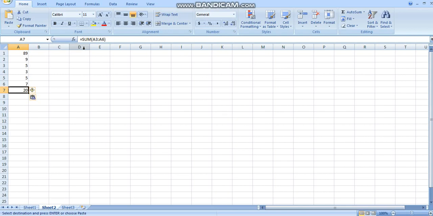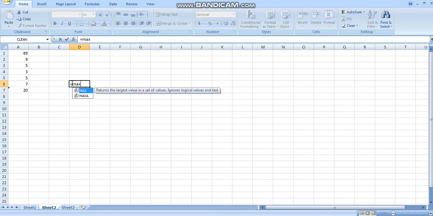Now there are some common functions also, like maximum, minimum, and sum, which you already understand. If we talk about maximum, I'll write max. The formula starts with equal to. I'll start max bracket, select this, make a colon, select 20, and close this.